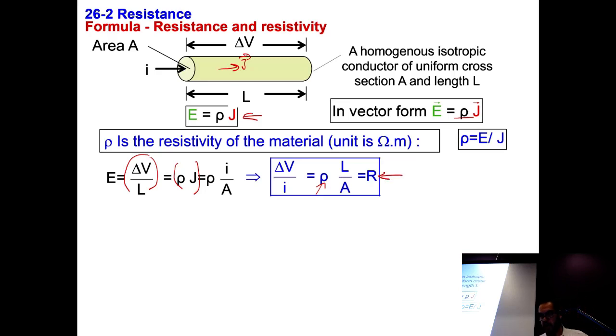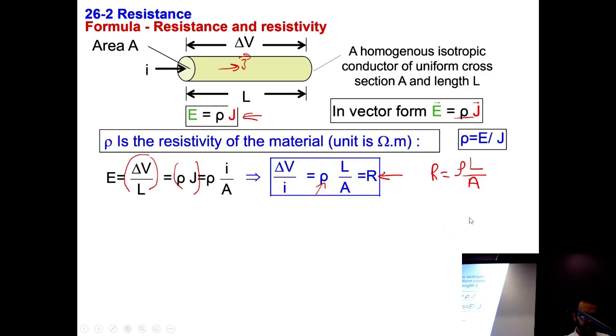The resistance R in ohms is the resistivity of a material times the length of the material divided by the cross-sectional area of that material, rho L over A. Did you study this in high school? Yes. Okay, so we have just proven that relationship using these equations of electric field, the relationship between electric field